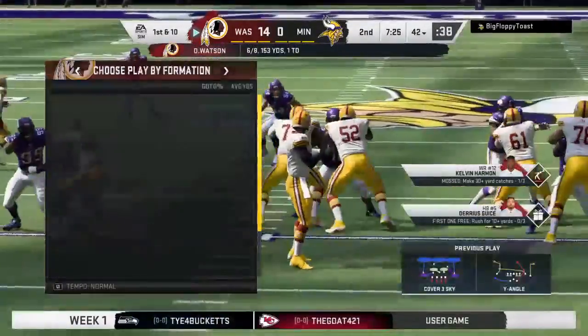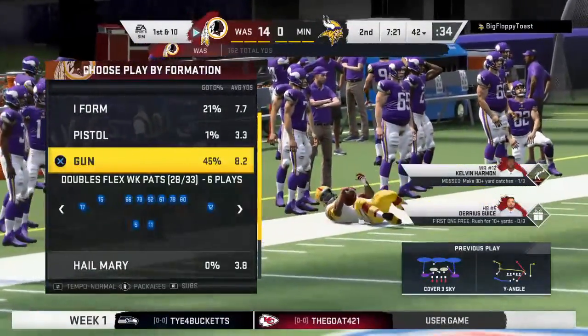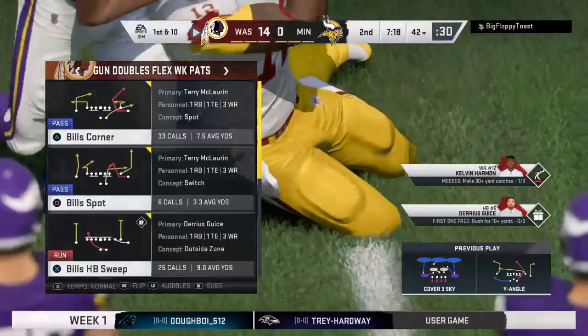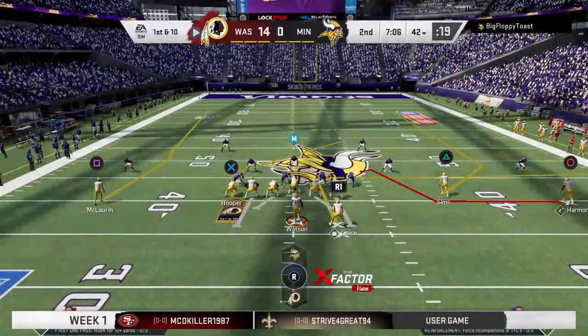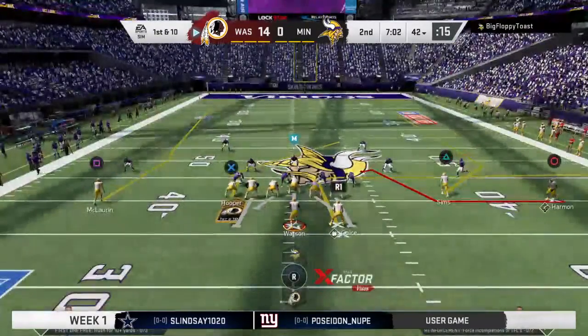Give the Redskins 13 there on a first down. So in the second quarter, he's already up over 100 yards receiving now. And isn't 100 the magic number for a really good game for a receiver? So he's got a chance to really shatter that and have a profound effect on this game. I got him. Hey, we got to snap